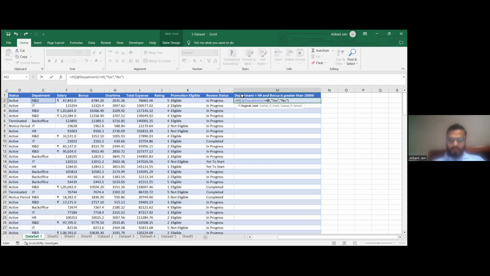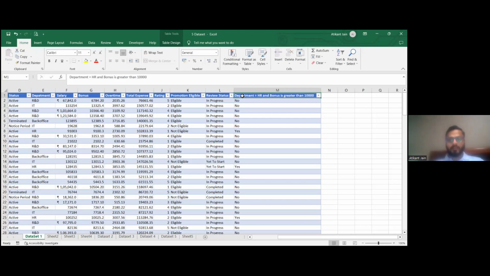So let's go in double quotes. If it is equal to HR, we have one more condition. Let's go with one condition right now. Let's press enter. Now, if I press Control Shift L, that is filter, and if I filter HR,